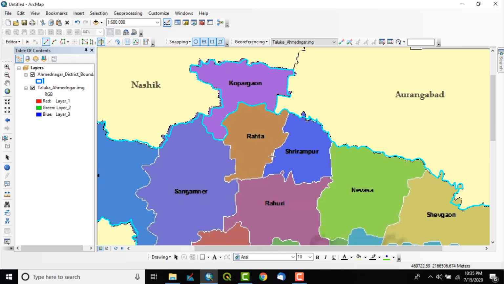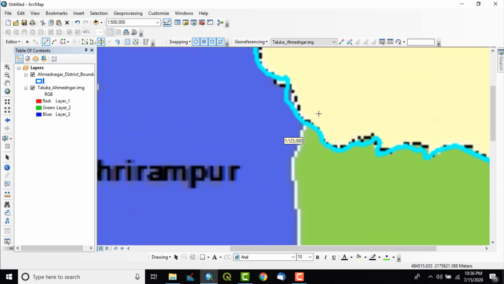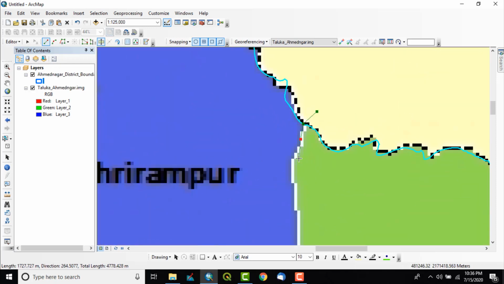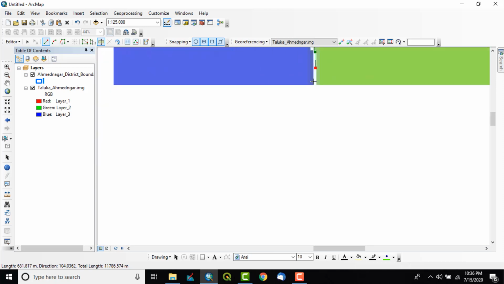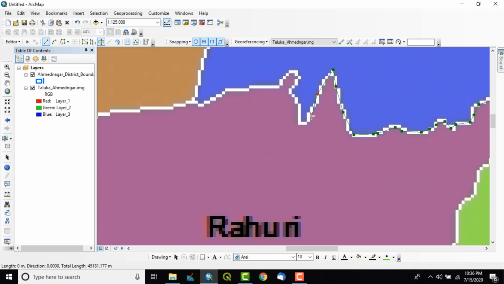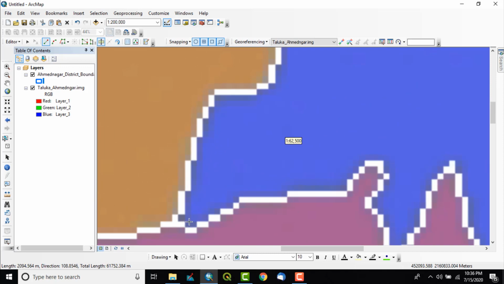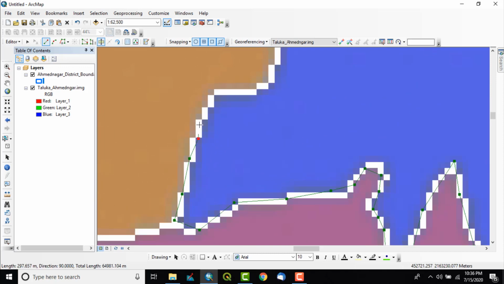Now similarly, I can do the rest of the tehsils like Srirampur. Again, I will start from outside. I will digitize the boundary as it is available in the raster file. Since we want the Srirampur boundary now, we'll go with this one.